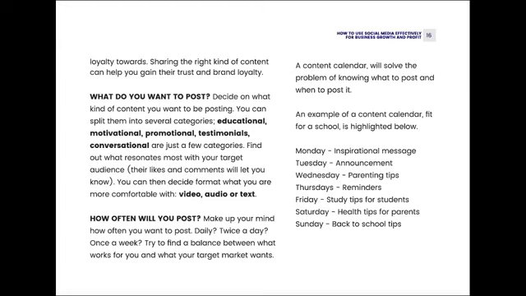So the question now is, what do you post? It's important for you to decide on what content you want to be posting. Now, instead of just sending one particular type of content, it's important for you to do different types of content, so that people can have a good feel of your social media, of what you do. So I always recommend that you have different categories of your content. You can have educational content, motivational content, promotional content, testimonials, conversational content. These are just a few categories of content that you can push out into the public space. You also need to realize